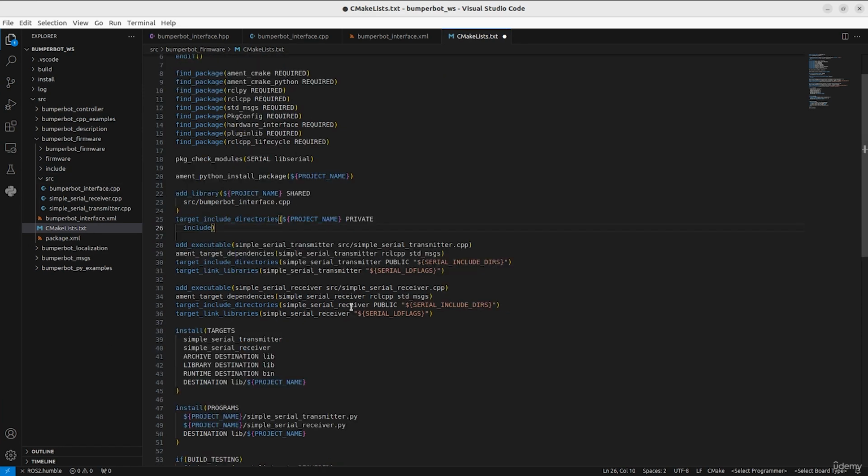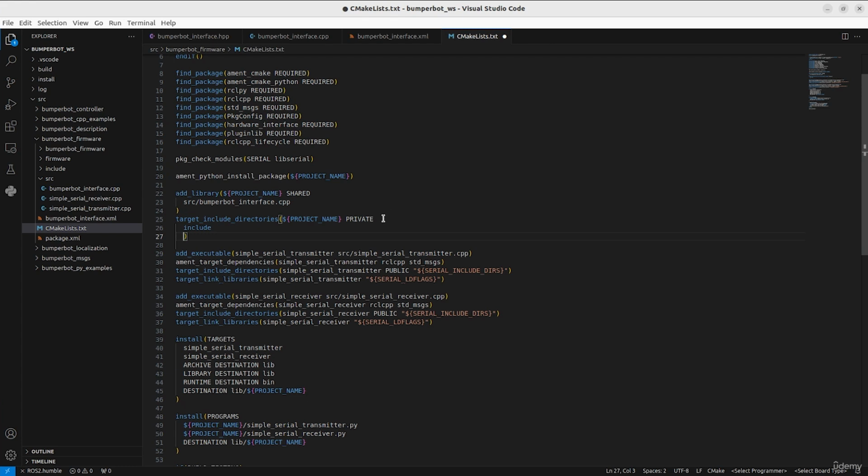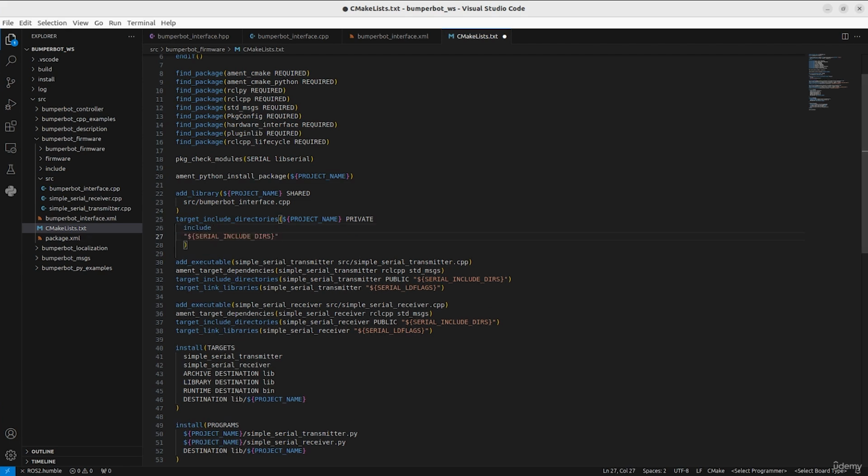Also for this library, we have used the serial library, and so also in this case we need to add the serial include directories, as we have done, for example, for the simple serial transmitter and for the simple serial receiver. So let's also add these dependencies here from the serial library,